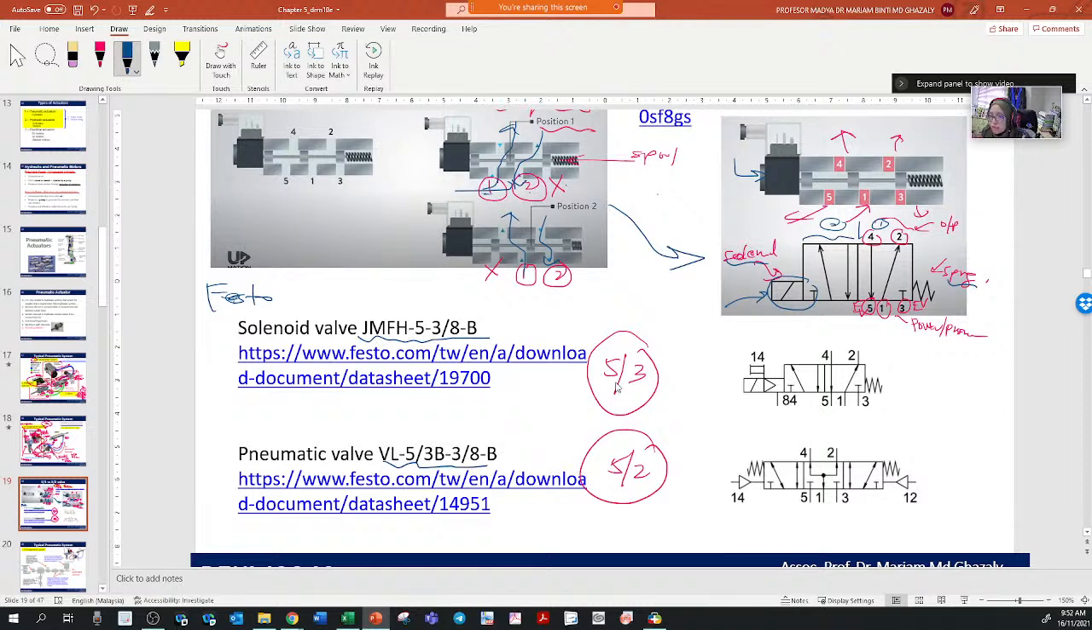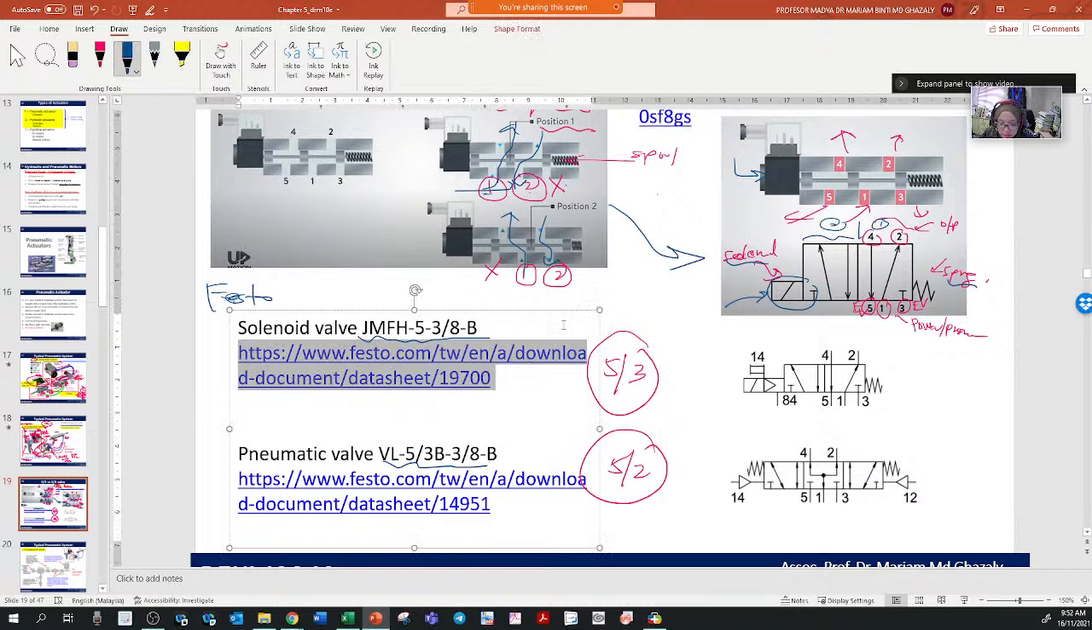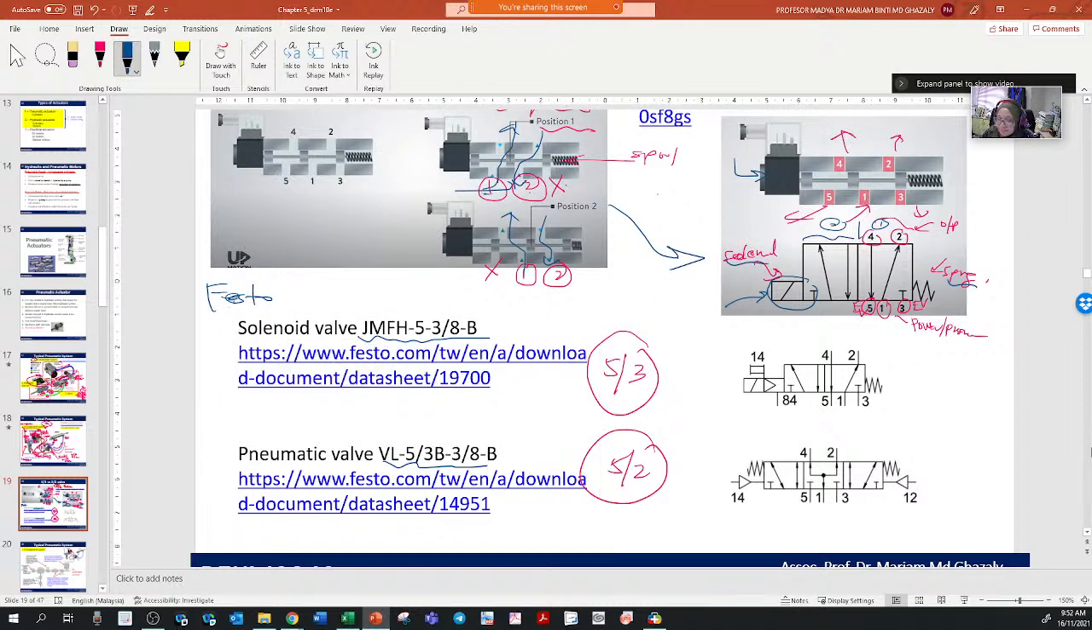But you do not know what the condition or the characteristic of that valve is. So what you need to do is look at the data sheet. So let's look at the data sheet. Oh, before that, before we go to that data sheet,